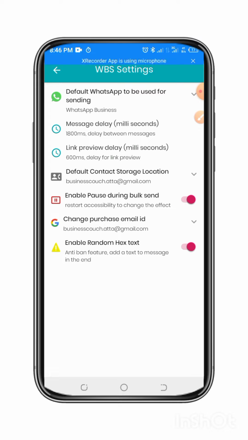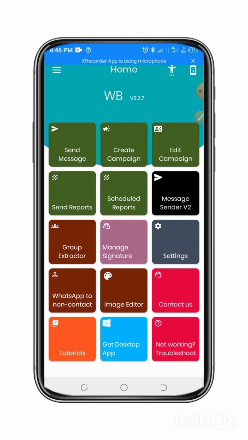I'll be showing you how to unban your number in case by mistake your number got banned by WhatsApp. I'll show you how to do that. I don't know if in this session or in another video. Okay, so with the settings out of the way,